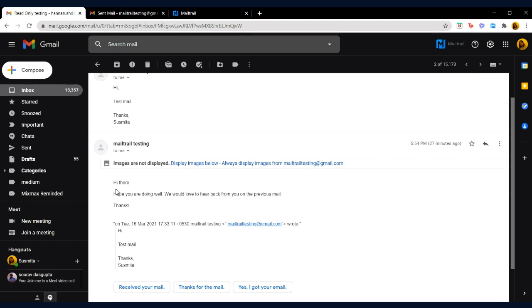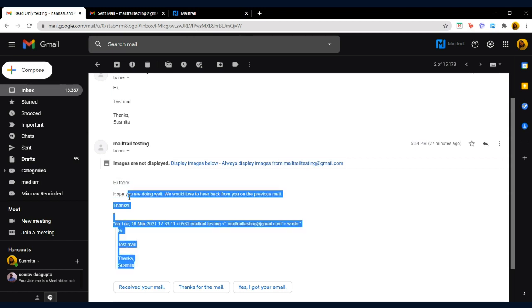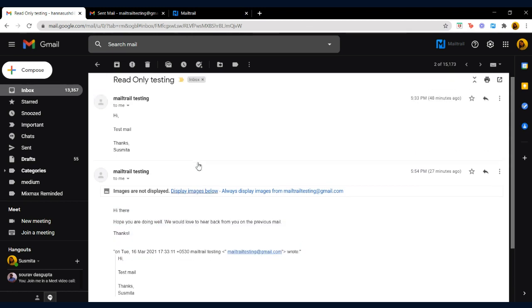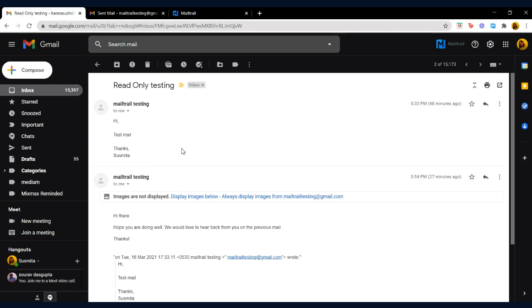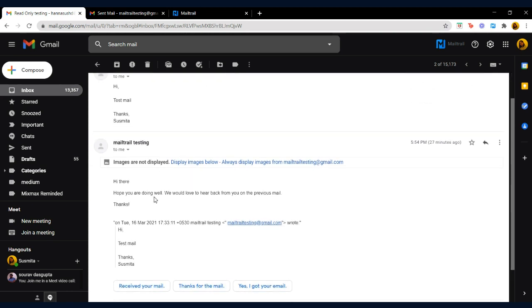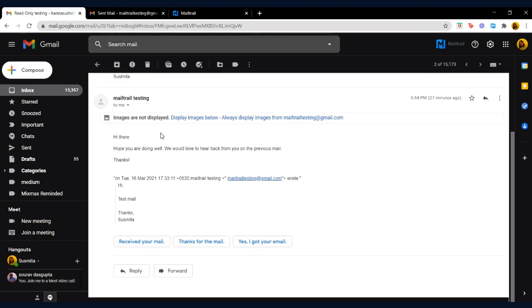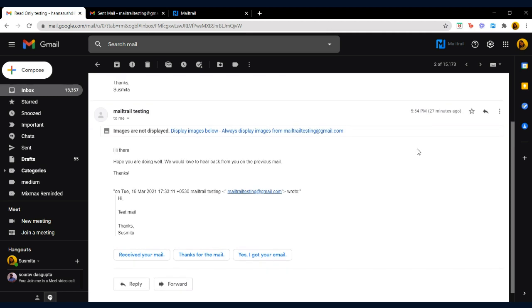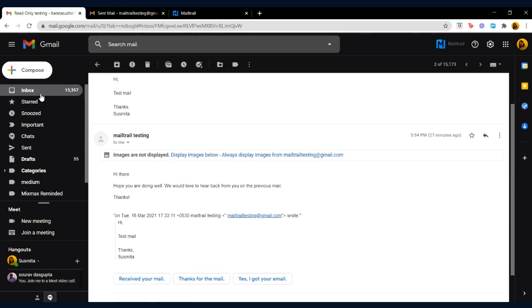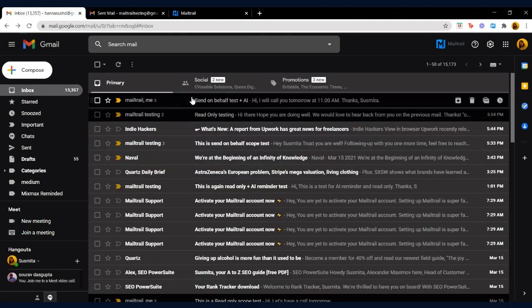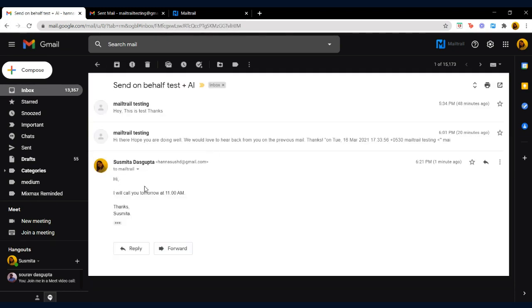So for that, this is the basic functionality. If anyone replies anything in this mail thread, the sequence will stop. So for that reason we are using read only functionality also. So this was the explanation. Here also I can reply and the sequence will automatically stop. So I'm just keeping this as it is for now. And as I have replied here, this will serve both purposes.